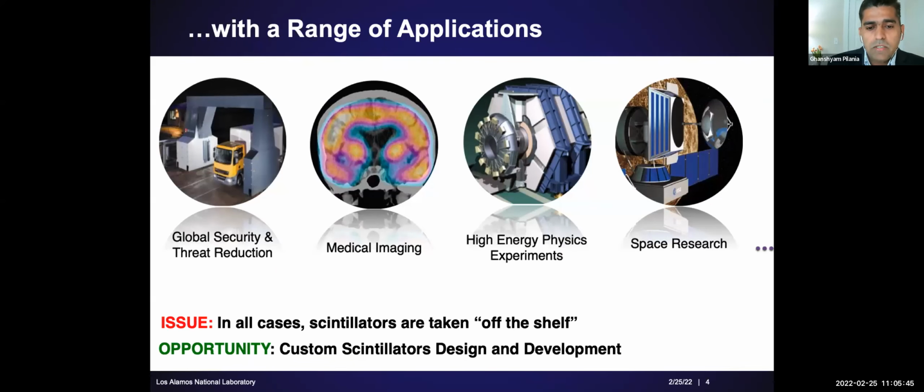Why do we care about scintillators? Because they form a critical component of a number of devices and detectors in a range of different applications. Some of the applications are highlighted on this slide. And all of these applications can be broadly categorized into spectroscopy or imaging based applications. Different applications have slightly different demands in terms of scintillator performance metrics. For example, spectroscopy applications may require more light output, while imaging applications may put slightly more emphasis on speed.